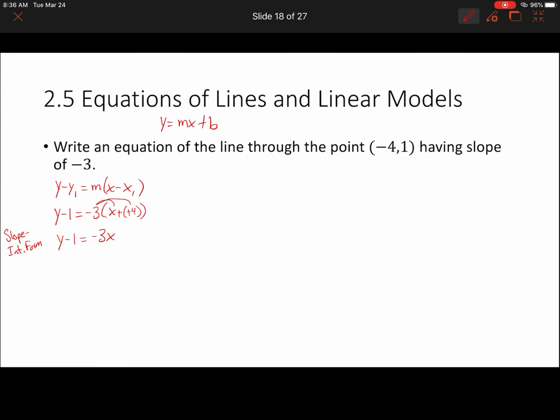So to do that, we'll distribute this -3. So we have y minus 1 equals -3x minus 12. And then we just need to solve for y. And so we're going to add 1 to each side. That way -1 plus 1 is 0. We get y, and we have -3x, and then -12 plus 1 is -11. Again, if you have any